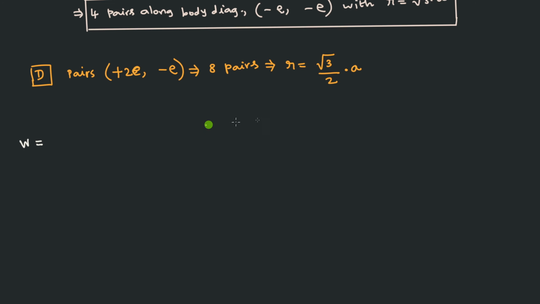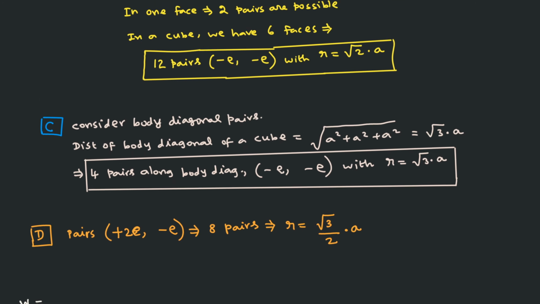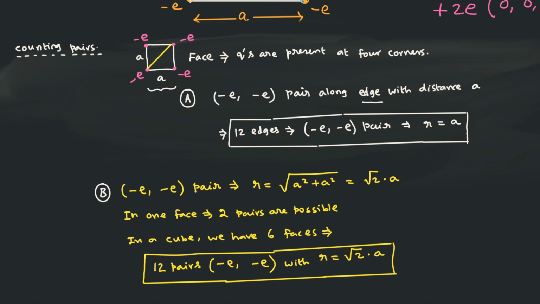So let us write down from case A. What is case A? First let us go back here. This is A. I'll put a tick here. A contains 12 edges, so 12 of them are there. So 12 of them will have a minus e pair, and all this information is required. This is what we are going to write down in the formula. So remember, and we'll go down in the board, you have to remember 12, you have to remember minus e comma minus e, you have to remember r equal to a.